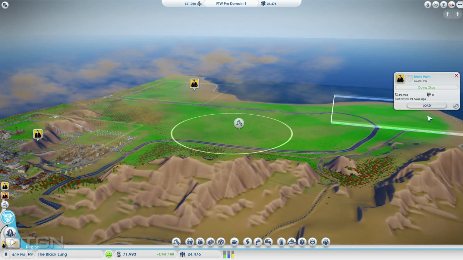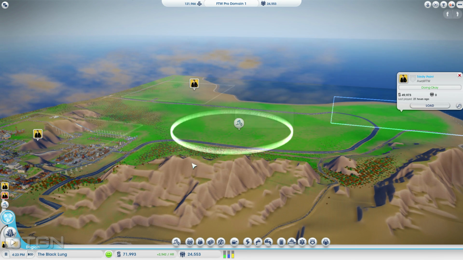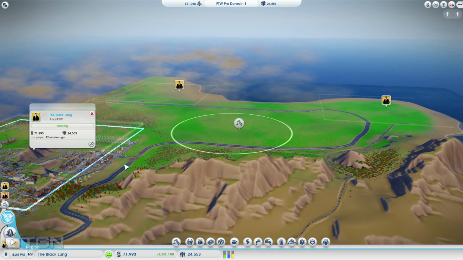Down here, this is going to be more of a tourist area, more of a high-end residential area. It's right along the water, and there will be super high land value over here. In the middle, obviously, a great work site, and then we have the black lung. You have all three major archetypes, as well as the great work site, so you can learn the basics on